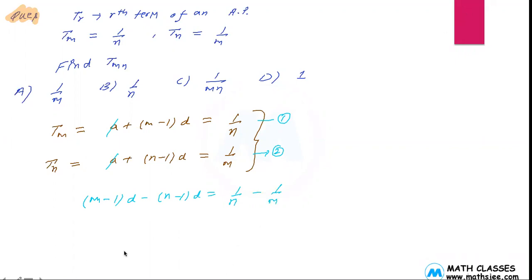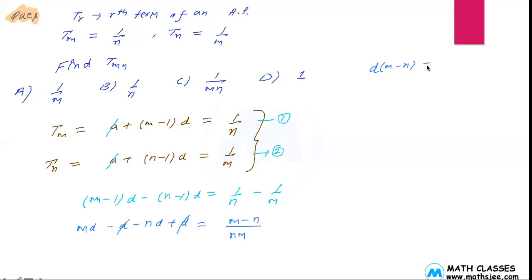So you have m into d minus d minus n into d plus d. This equals, you can take the LCM here, (m minus n) upon mn. So this and this are getting cancelled out, and this d we can take common. So it will be d into